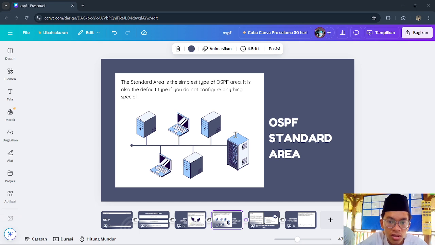It describes all routers connected to the network segment. Then type 3 of LSA is summary LSA, generated by the area border router, or ABR. It advertises a network from one area into another area, ensuring inter-area communication. Then number 4 is ASBR summary LSA, also generated by ABR, which describes how to reach an ASBR, or autonomous system boundary router.